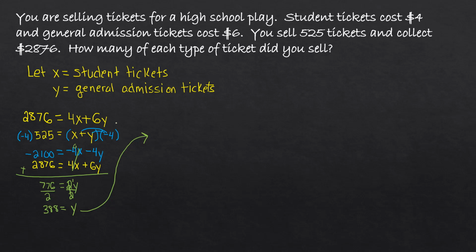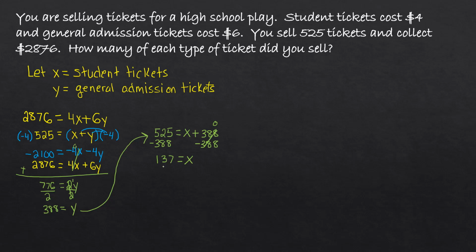It really doesn't matter which equation I use, but I prefer the second equation. The numbers look much more nice to work with for me. So 525 is equal to x plus y, but again, y is 388 now. I'm going to subtract that 388 on both sides because I'm trying to isolate my x. And I will have